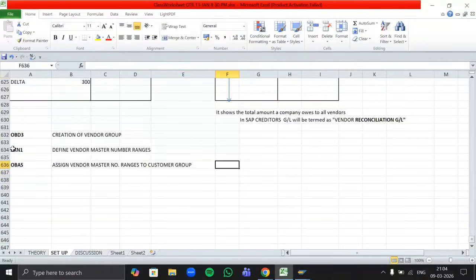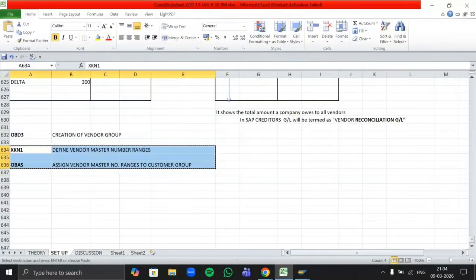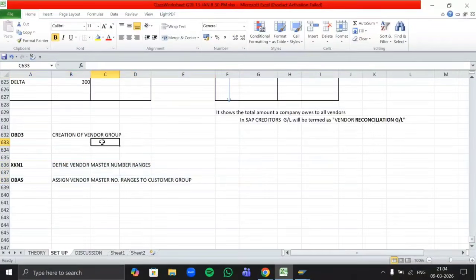Let me note it down. So a vendor group is used to organize vendors into